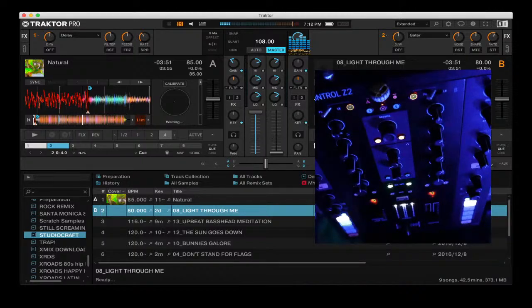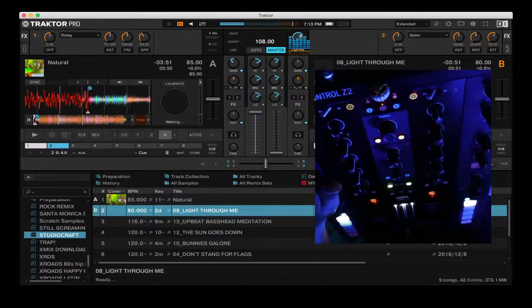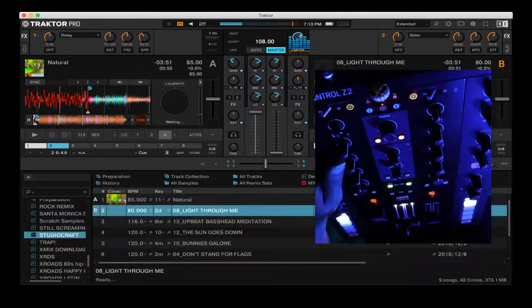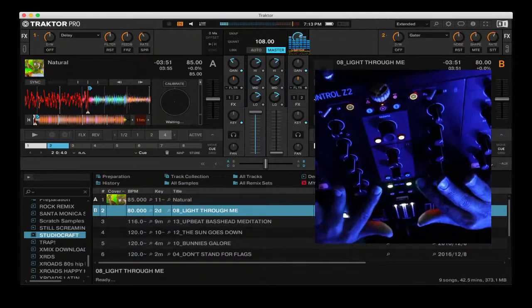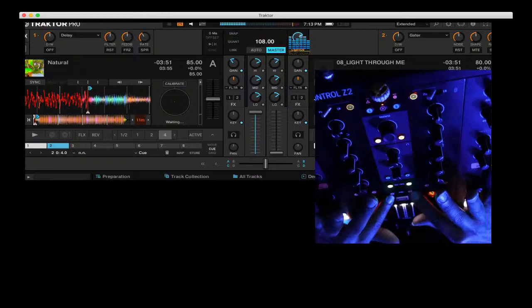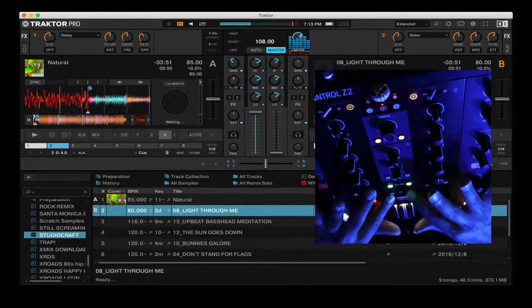So that being said, I still do use this visual information that the Traktor software does give me, but I always set it up as close to what I think it is, and then I look up and see how close I am. So the reason I'm telling you this, track A, if you look, the BPM is listed at 85. Track B, I loaded a track by our friend Bus Rider there, Light Through Me. It's at 80. Now, look down at the mixer. This mixer, I can turn the sync on just by pushing a button. Literally, I'll sync,